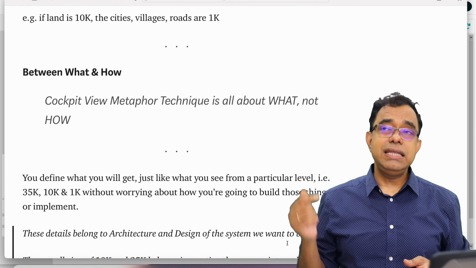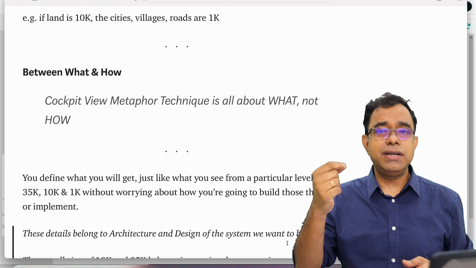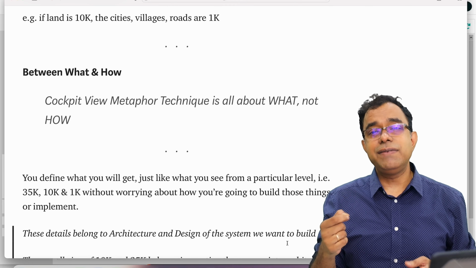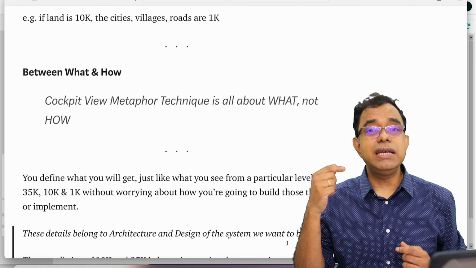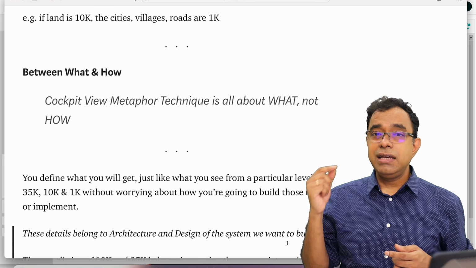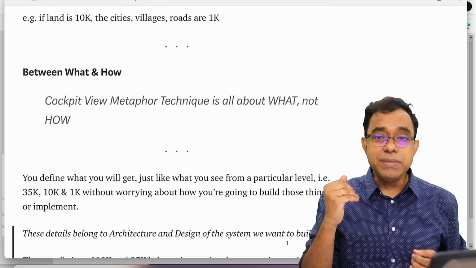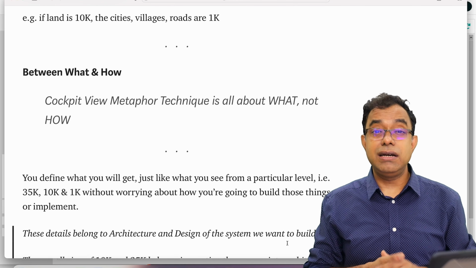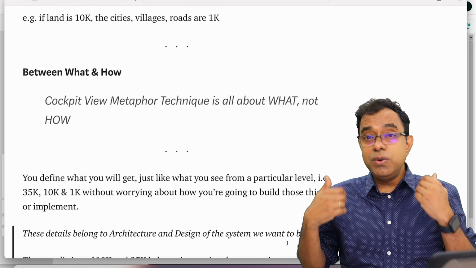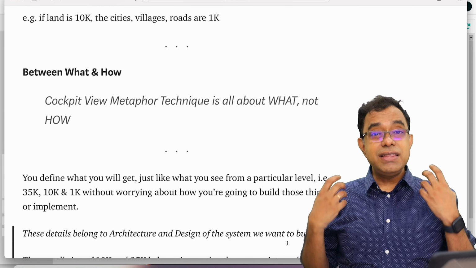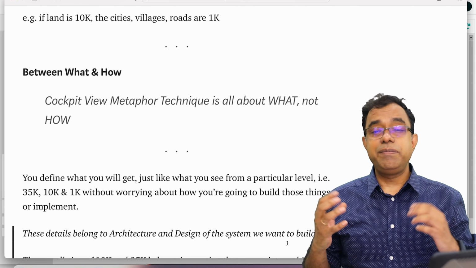The idea behind this 35k, 10k, 1k is that each and every one doing work on any 1k, which you can divide into multiple tasks, knows where it is going to impact, and that will help them take a better, informed decision, right? They will not create something in their own den. They will think about other things also. So it's all about understanding the big picture.